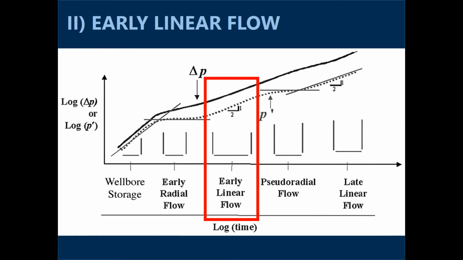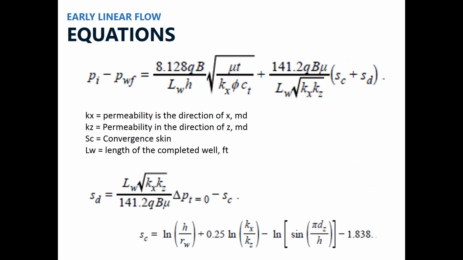Now we proceed to early linear flow, and this is the region of the curve at which the early linear flow occurs. The first equation is a drawdown equation for the early linear flow. It is almost as similar as the previous drawdown equation, but this time we have to calculate the value for